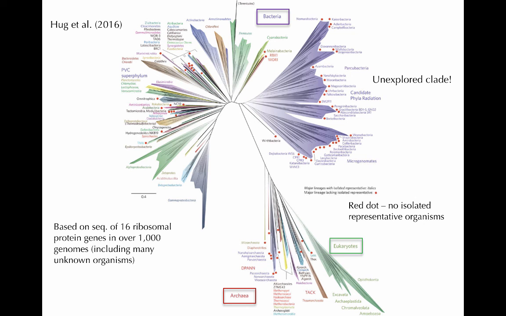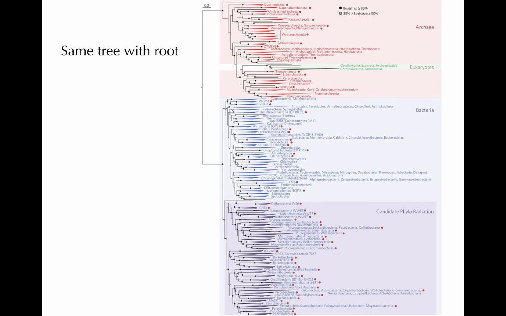Then we have the archaea here, and then here is just the eukaryotes, which we knew was small. We wouldn't expect it to be much bigger. This is an unrooted tree, so it doesn't actually show the last common ancestor, but it does show the branching within those groups. Here's the same tree, but they've drawn it with a root, and this is where we see that the eukarya, different color, eukarya here, nest within the archaea. So they're more closely related to archaea than they are to bacteria, and there's that unexplored